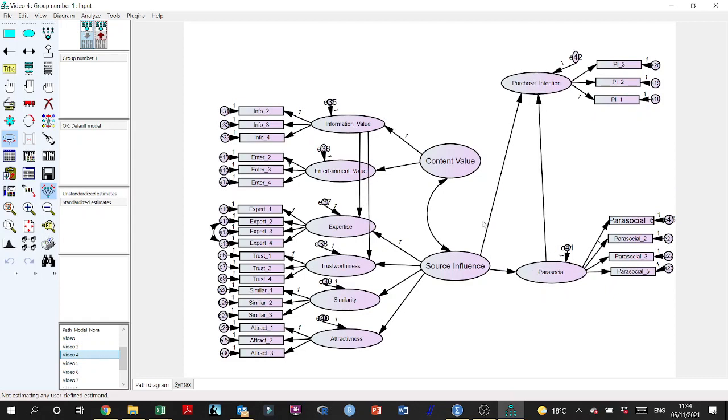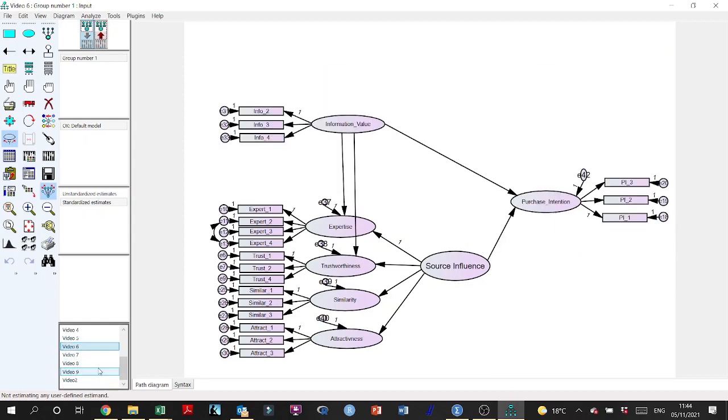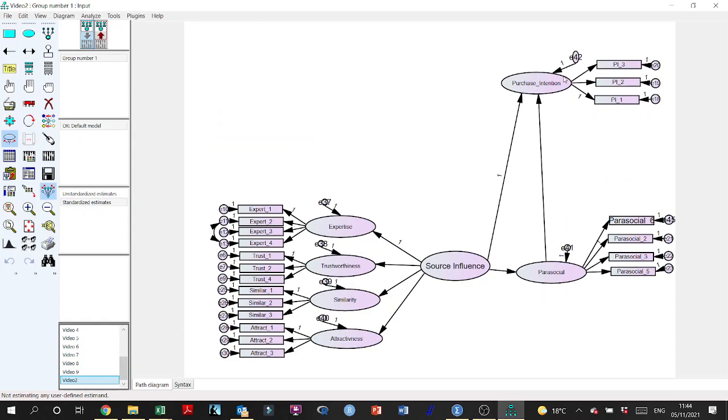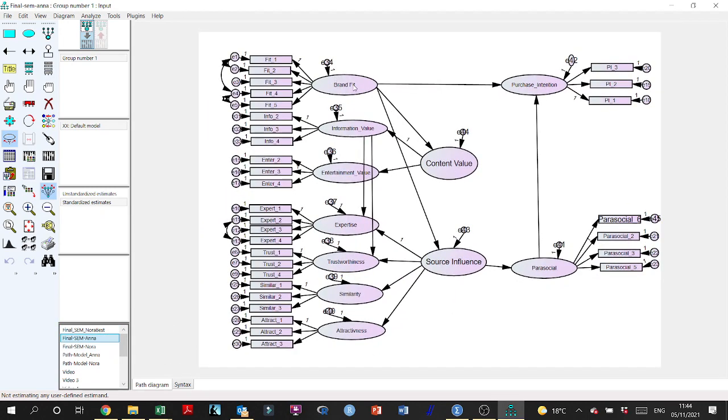this relationship without brand fit, but with this. We tried this relationship without the content value, with brand fit, and it didn't work out. And eventually we tried this relationship without either one of them, and it also did not work out. So we just couldn't get this mediating effect, or this relationship, to be significant in the presence of parasocial and content value, or in the presence of parasocial and brand fit. So we tried, we couldn't get it, but we got this model that tells us the following story,